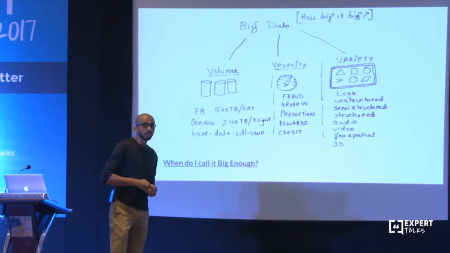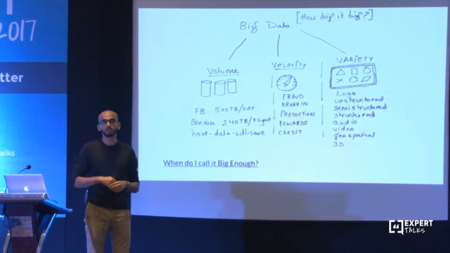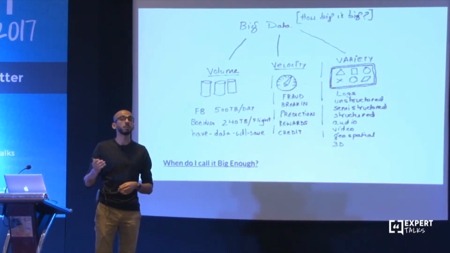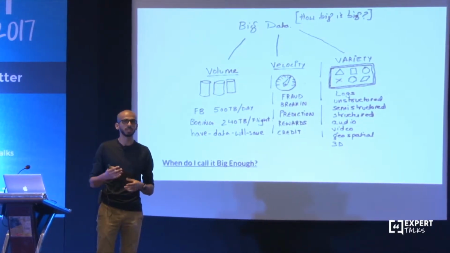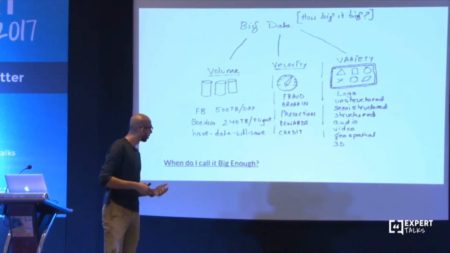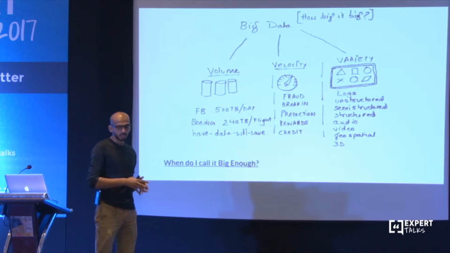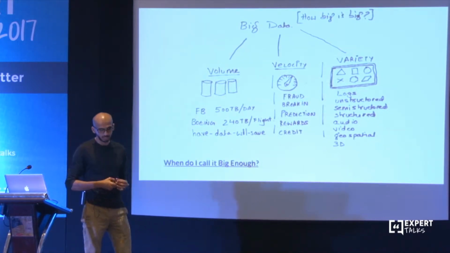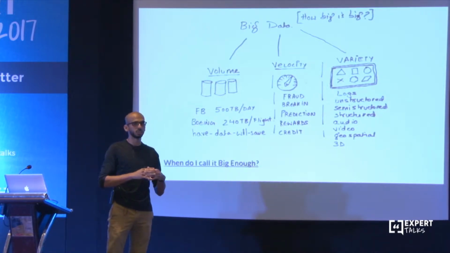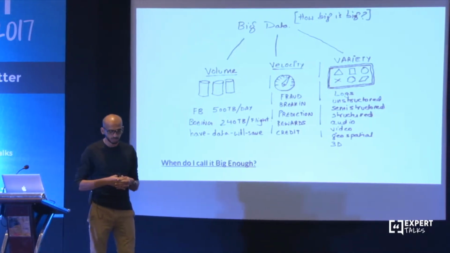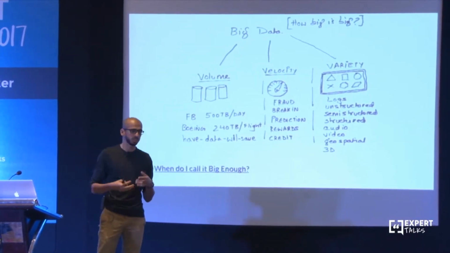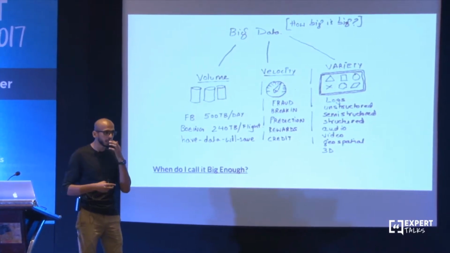Then there is a break-in, like someone tries to access your account, you get a notification from Google that someone's trying to log in with an IP address which doesn't really look like yours. Is it really you, or do you want to change all your passwords? Prediction, rewards, credit, all of the financial industry largely works around these. Variety of data. Well, as we are going forward, we do not have any single source of data producers. There are logs, unstructured data, semi-structured data, structured data, audio, video. There's data coming in every format.